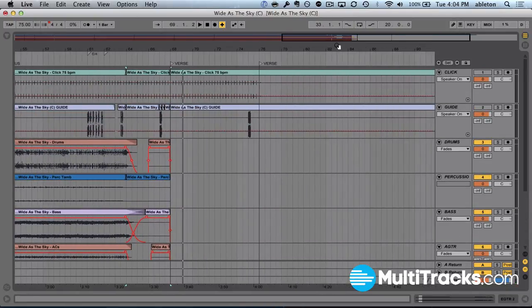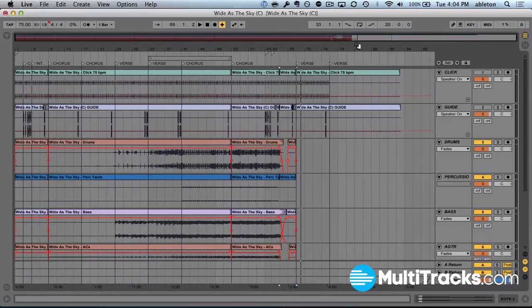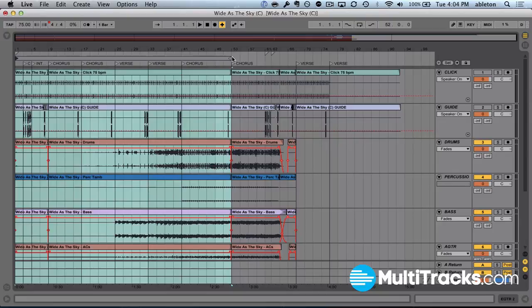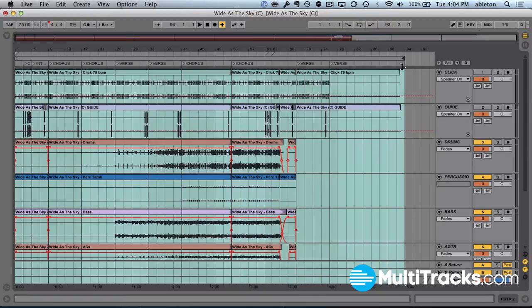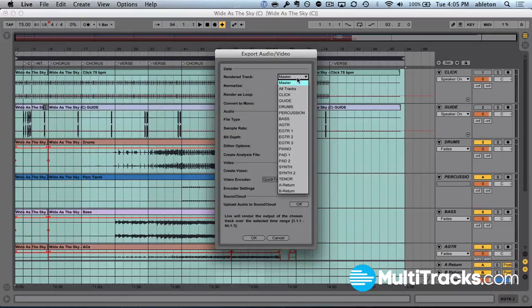Okay, so what's great about this now is we have a completely brand new arrangement of Wide as the Sky that fits the exact vibe and the exact kind of feel that I'm going for and that I think is going to work well for our congregation. So what I can do now is once I get this is I can move my brackets to the beginning and the end of my arrangement. Then I can actually go into File and do Export Audio and Video, select Master as under the render track